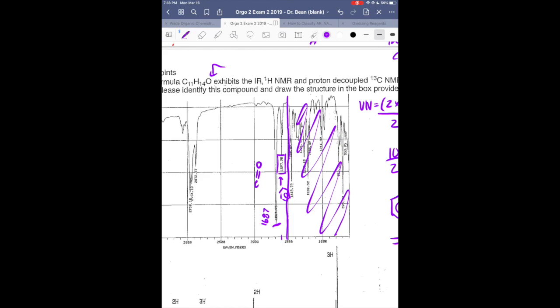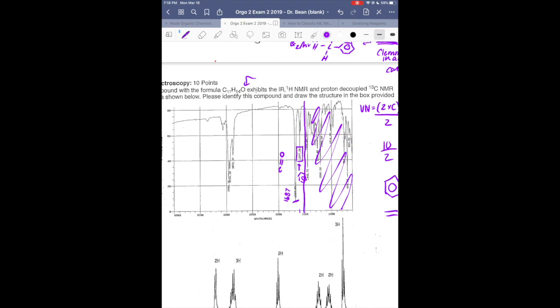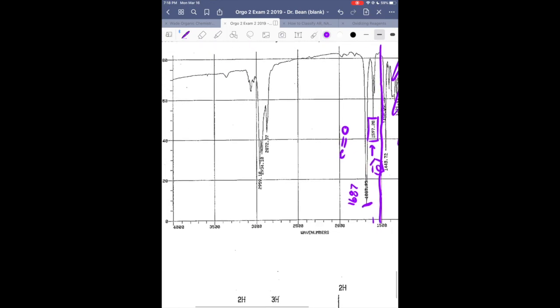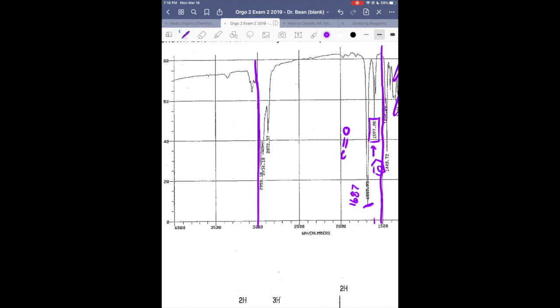So whenever it's deep like that, that's going to lead me to believe that this is the carbonyl absorption. I'm not going to bet my entire life on it, right? But I'm really leaning in that direction because of the fact that it's further down, so it's almost a 1700. It could be conjugated. We don't know that. But it's just because of how deep it is that I would say that that's probably going to be a carbonyl. But with IR, I never really bet my life on anything because I don't want to go into it so close-minded, right? So I'm just going to take that with a grain of salt and then continue on